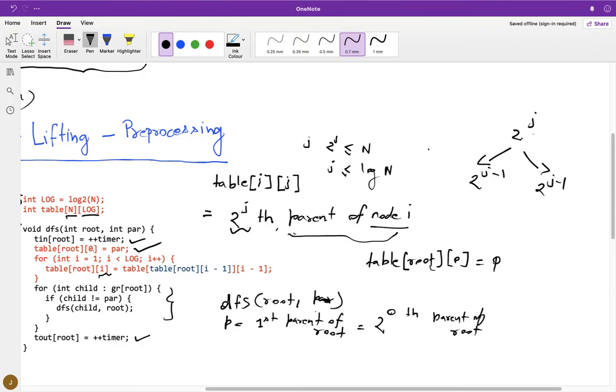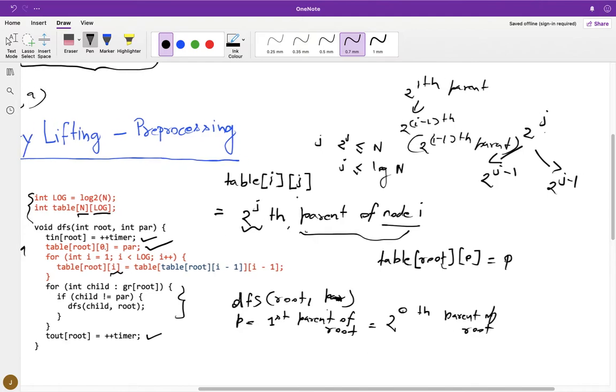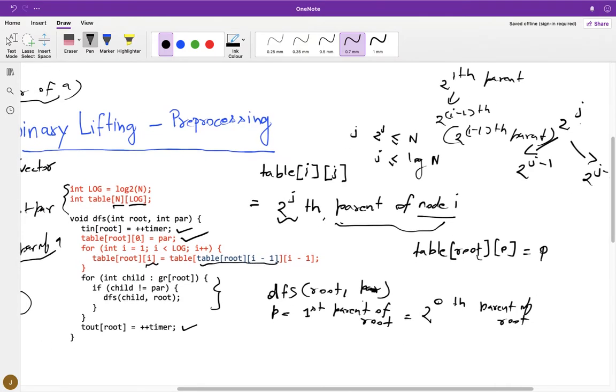So when we want to calculate the 2 power ith parent, it is nothing but the 2 power i minus 1th parent of the 2 power i minus 1th parent. This part here is nothing but root's 2 power i minus 1th parent, and this node's 2 power i minus 1th parent is going to be the ith parent of root. So this part is clear now.